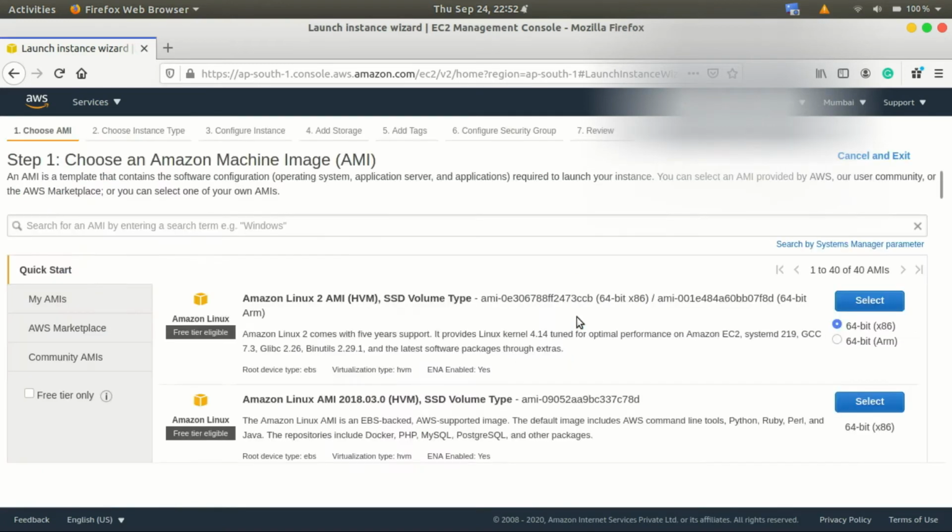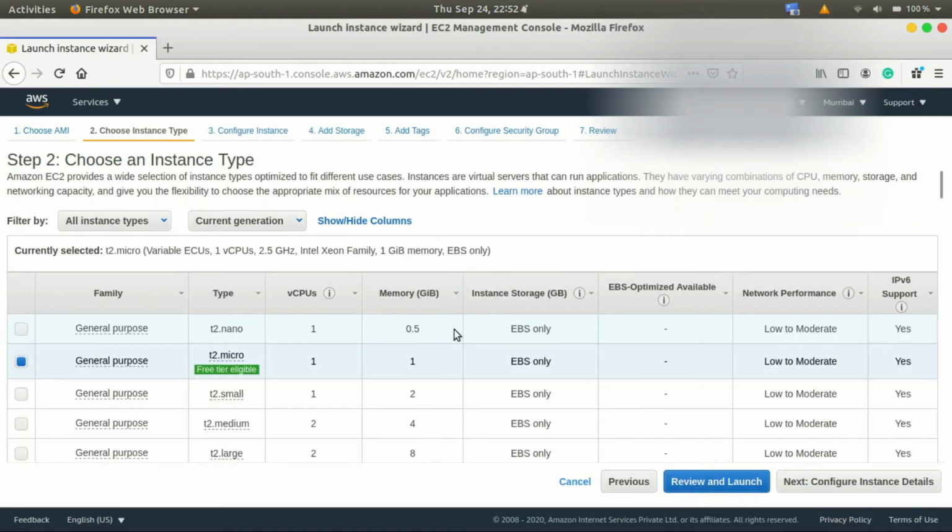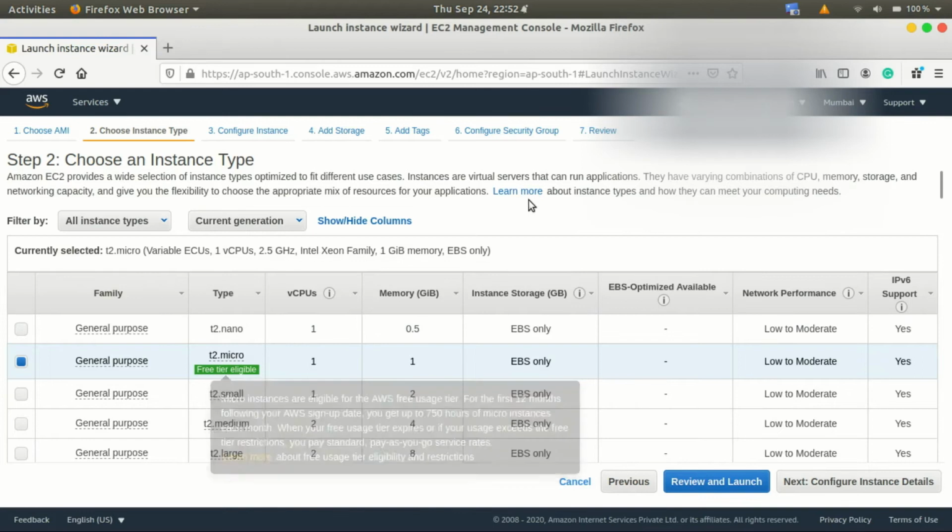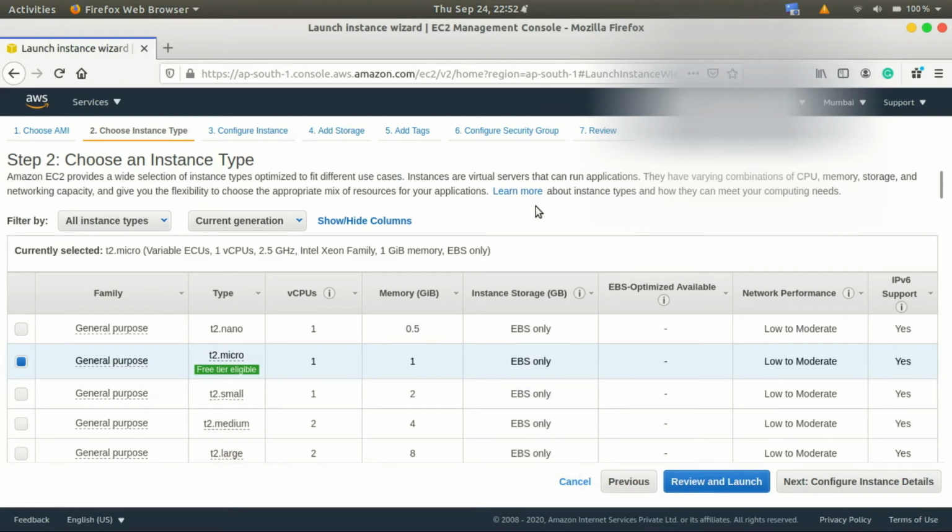Okay, so we are on the page of creating an EC2 instance. Here we need to select the AMI, that is Amazon Machine Image, like which operating system you want to install. So I will select Amazon Linux 2 AMI because it's free tier eligible, and I'm on free tier, so I'll select this. Once you select, it will ask you the instance type, like which instance you want to install. I'll go again with the free tier eligible instance type, that is t2.micro.